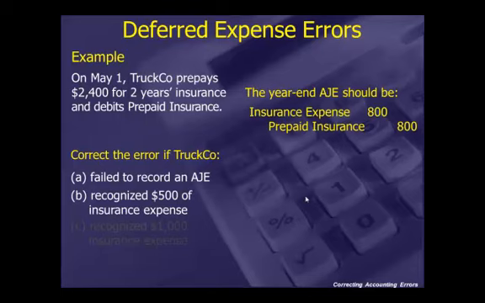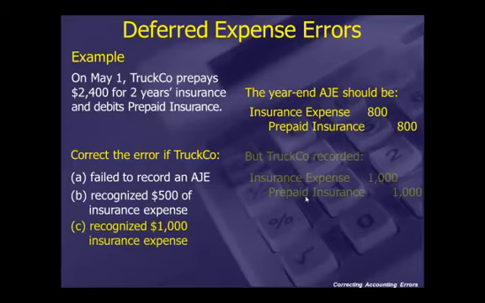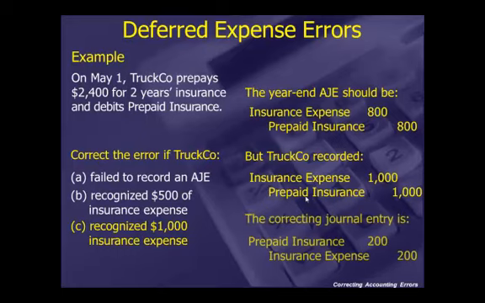$300. If we recognize too much, say $1,000, that's what would be recorded initially. We're going to have to remove the excess by reversing the accounts, debit prepaid $200 to put that back for future use, and credit $200 so that we have insurance expense for the period of $800 as it